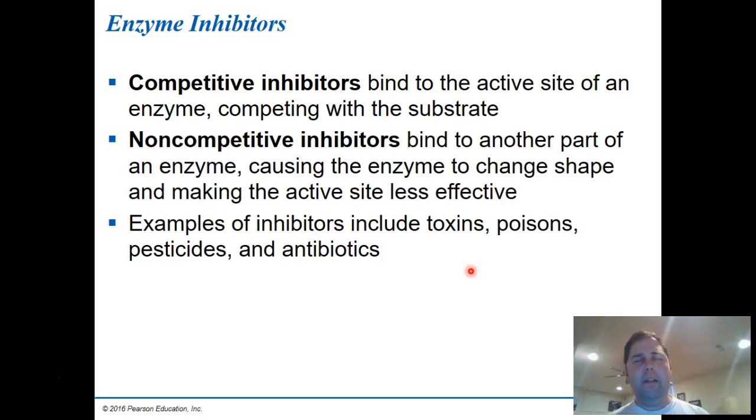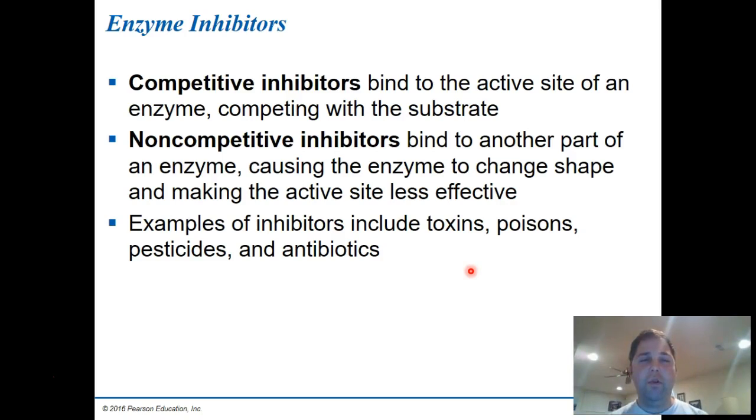Now finally, we talked about how enzymes are working. Enzymes can also be inhibited. There's two types of inhibition. You might have remembered this from the foam models we used in class. Competitive inhibition is going to compete for the same site, the same active site. So think about the substrate trying to bind the active site while the competitive inhibitor also tries to bind the active site. And it's really going to be a matchup of